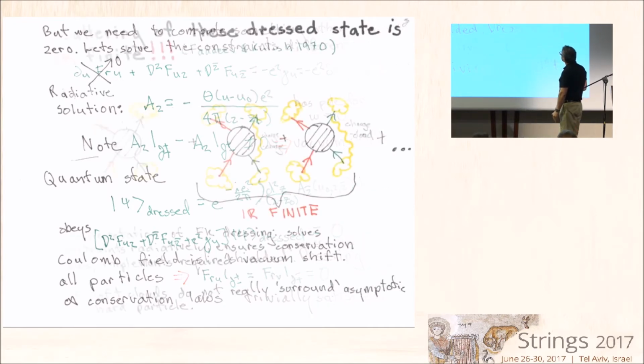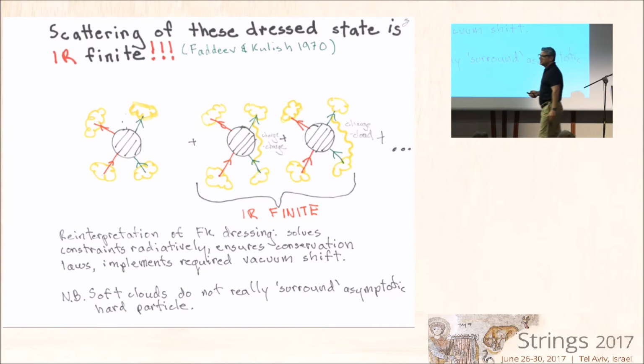Now, the beautiful thing is that the scattering of these dressed states is completely infrared finite. This is something that was shown by Faddeev and Kulish, proved, some people say, almost 50 years ago. And they did it all with diagrams. What happens is that every exchange diagram between a pair of two external legs is canceled by a similar diagram where you exchange a photon between a leg and the soft cloud, this radiative cloud that surrounds